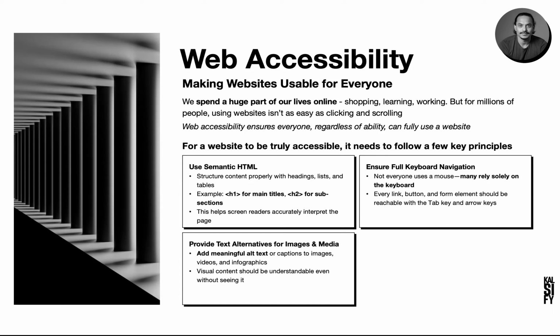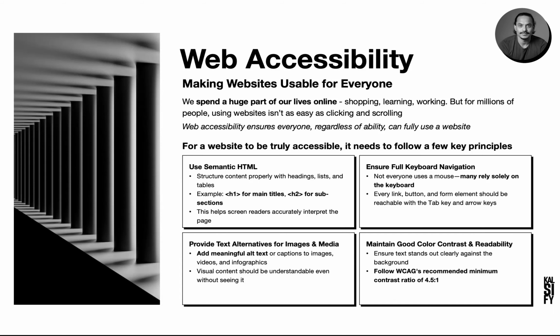Provide text alternatives for non-text content. Images, videos, and infographics should always have descriptive alt text or captions. Otherwise, users with visual impairments can't understand the content. Maintain good color contrast and readability. For users with low vision or color blindness, text should have high contrast against its background, at least 4.5:1 ratio